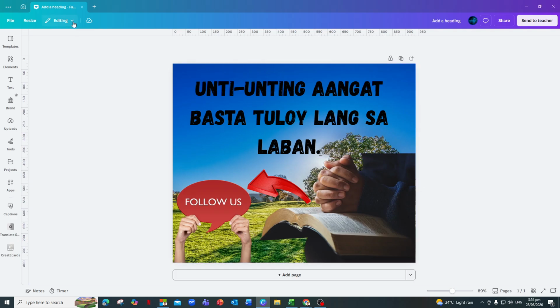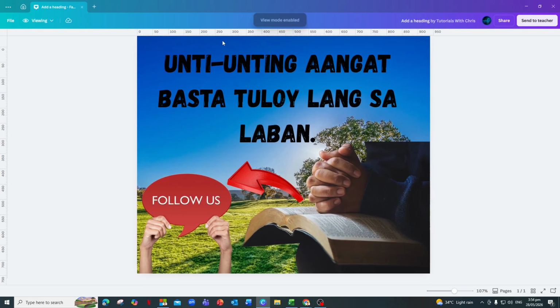First, look towards the top of the screen for the View menu. Click on View, and in the drop-down, choose Show Margins. When you turn this on, you'll see a faint dotted rectangle appear inside your page. This dotted box represents your margin area. Anything placed inside that box is safely away from the edge, which is especially important if you're planning to print